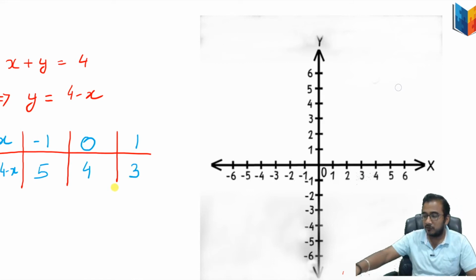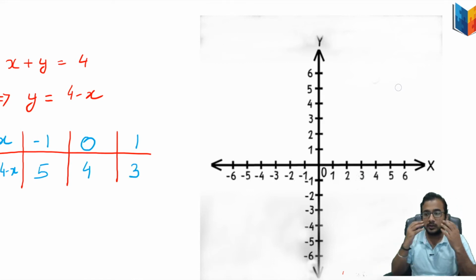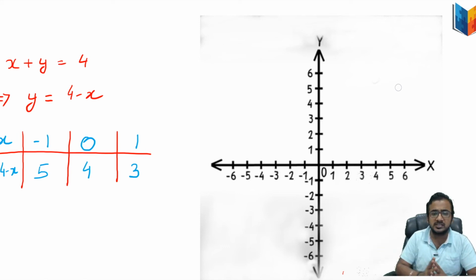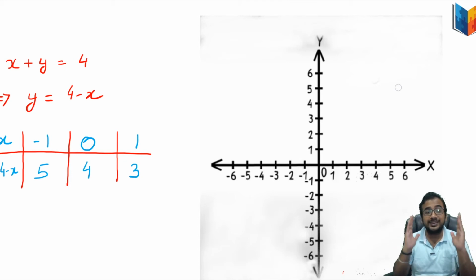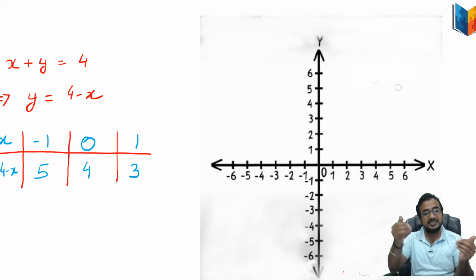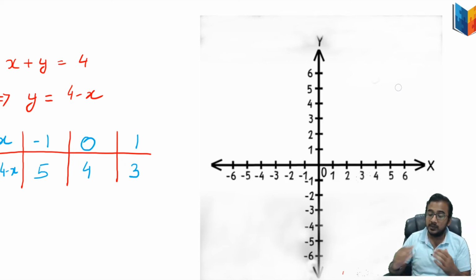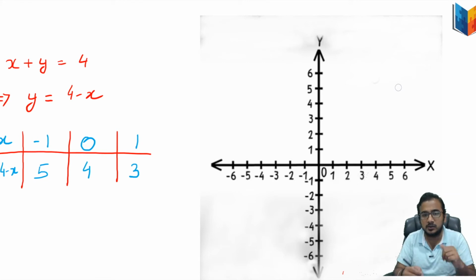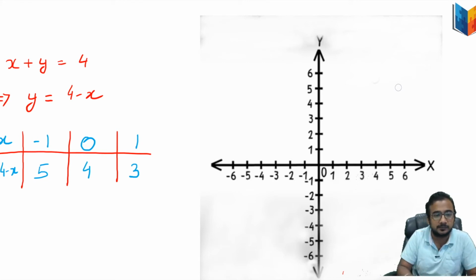So this is how we make a table. A basic easy way, first of all, learners and all students, we will represent it in a table. Whenever you get any equation of two variables, make a table of x and y the way I have made it. It will make your work very simple and easy, because the easier it is, the more fun it will be.